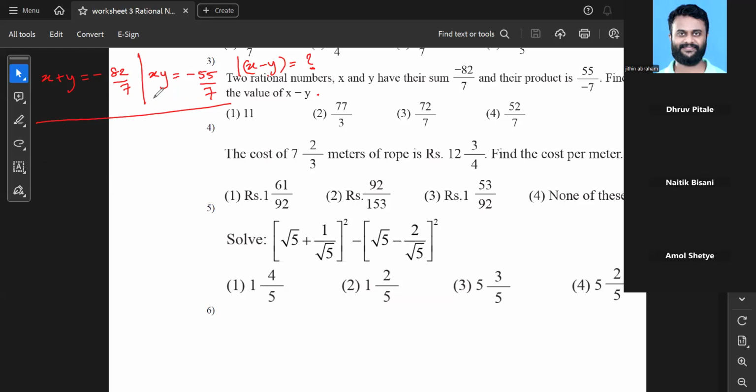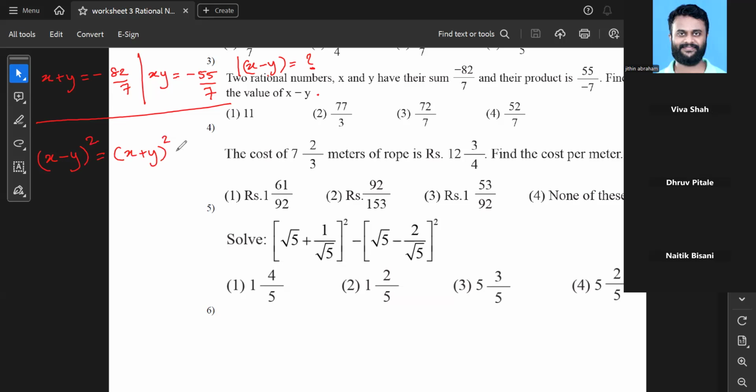So it looks like we can find the number. It is not impossible, it is definitely possible, but it will be difficult for us to find the number. So in that case, we can go for the second option, which is nothing but x. You know the identities: the formula for x minus y the whole square, and the formula for x plus y the whole square. There is a relation between them. It is nothing but x minus y the whole square is equal to x plus y the whole square